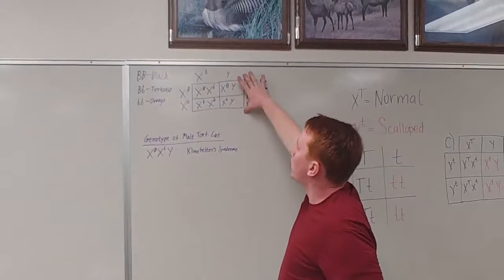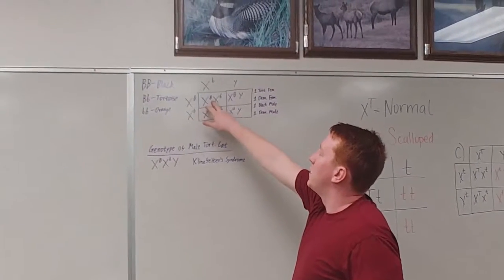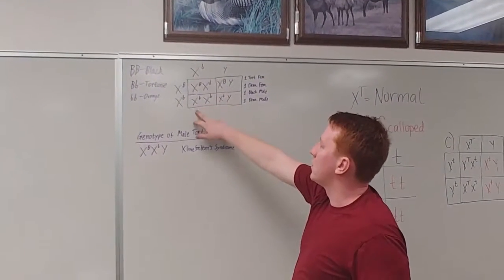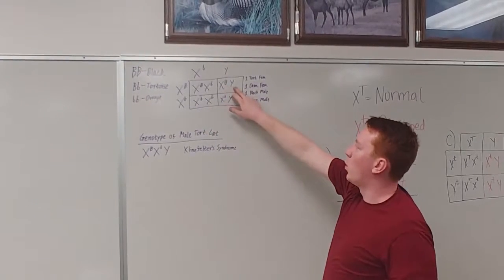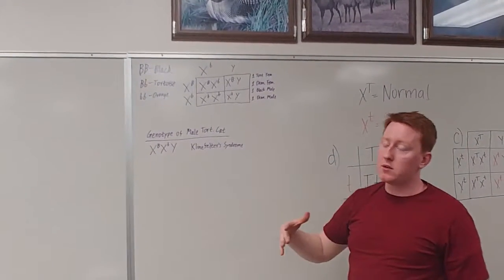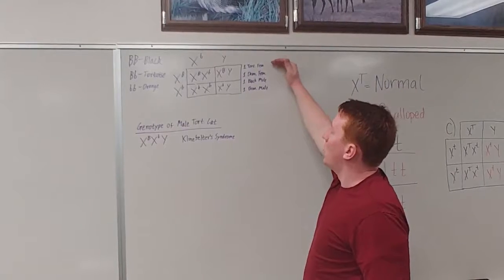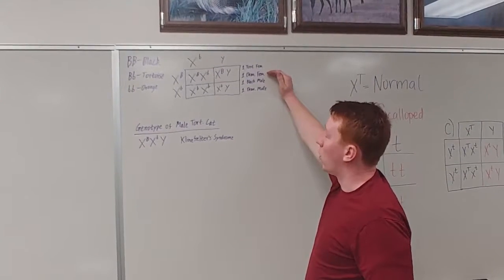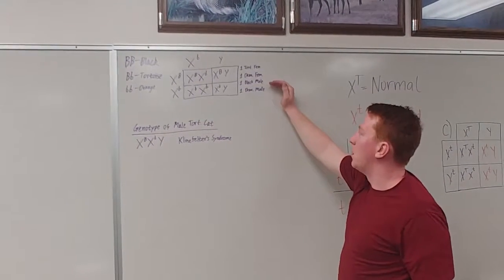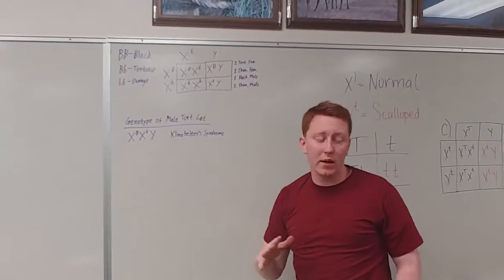What are the genotypes and phenotypes of the progeny? So right here in our Punnett square, we have the genotypes. We have X big B, X little b, and we have X little b, X little b, X big B, Y, X little b, Y. So for the phenotypes of these, we're going to get 1 tortoiseshell female, 1 orange female, 1 black male, and 1 orange male. Now part B